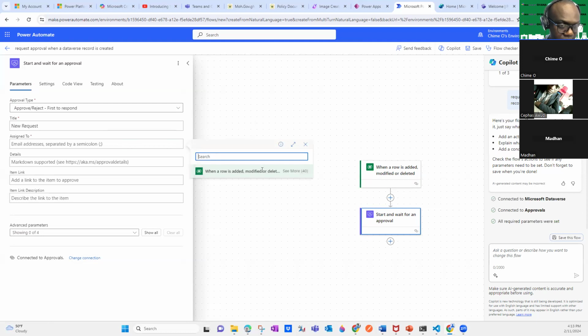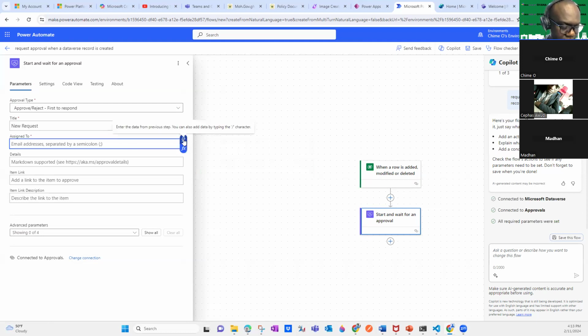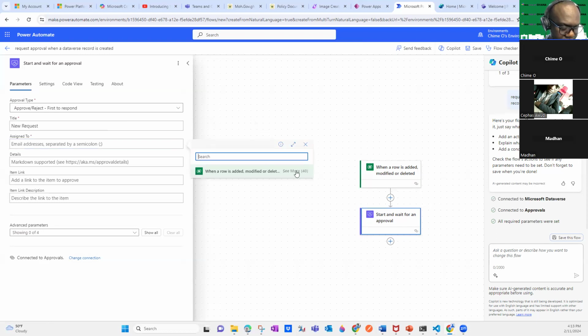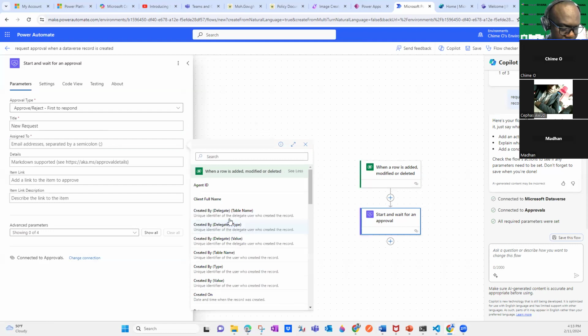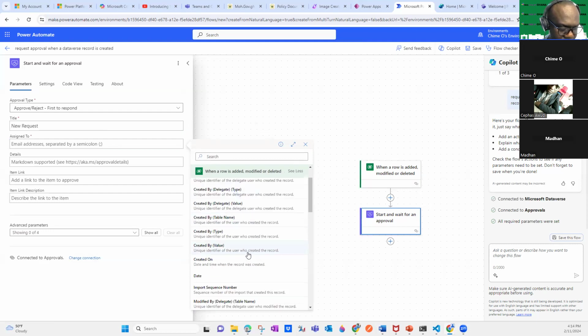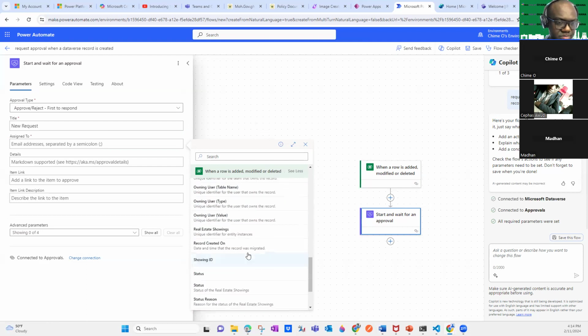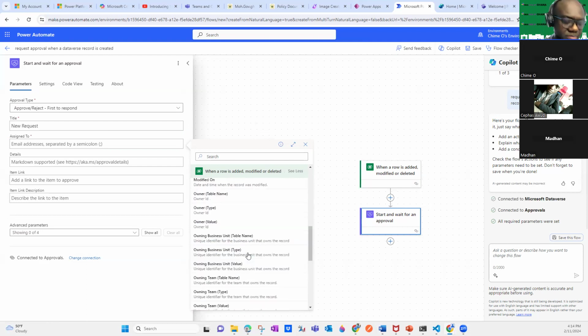So if you click, let me go back. This is where you enter data from the previous step. We look at the real estate showings, and I think there was a client email address there. You can also pull data from there. Dynamically, you can click on that, see more, and find the client's email address. I think that's probably what we called it. I don't know if I saved that, but I hope you guys get the picture.